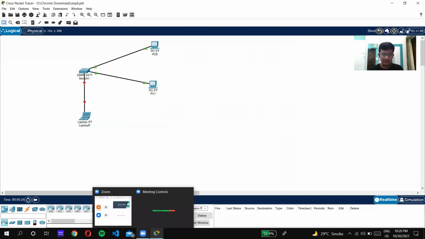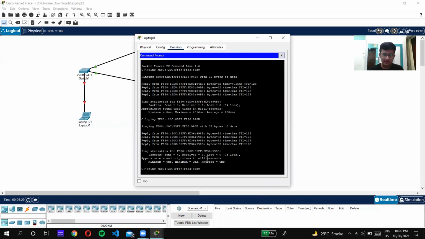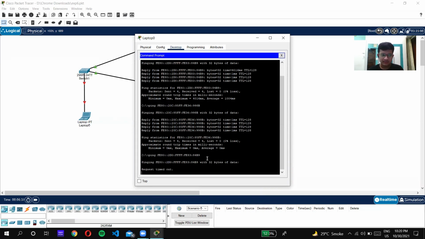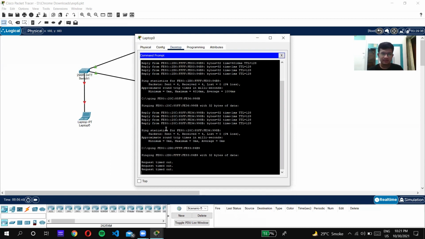Now if you try to ping any of the devices that we did before, it won't be able to. Let's say we ping from laptop 0 to PC1. It will try to ping, but as you can see, the switch port has been shut down for this laptop, and the request has timed out. This is how we verify that we have enabled port security on this switch, and it's successfully working.